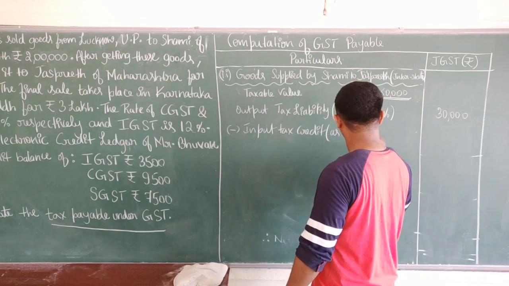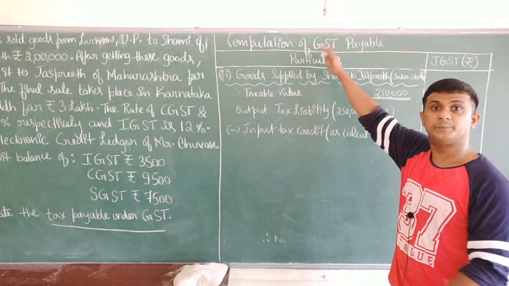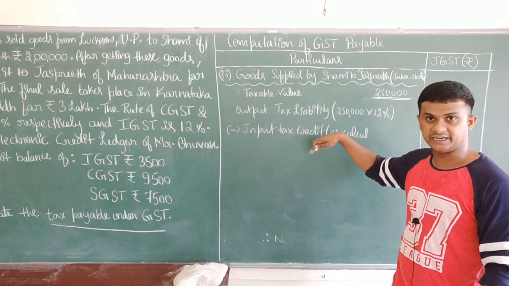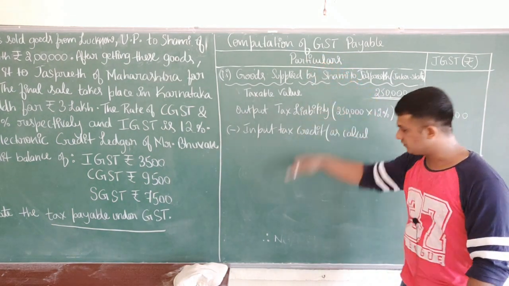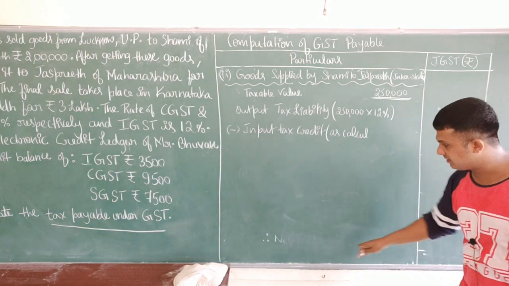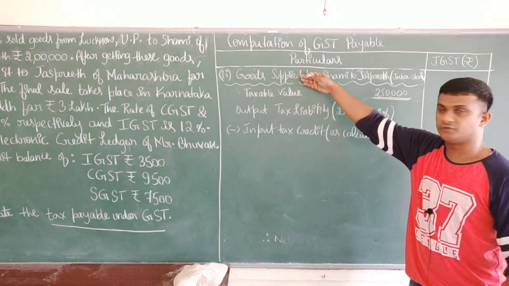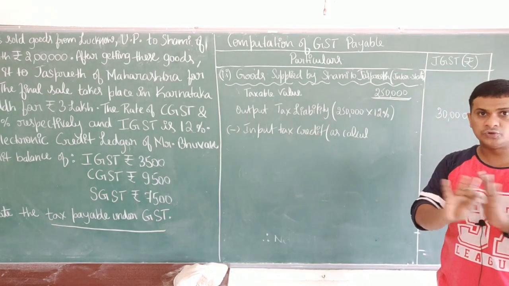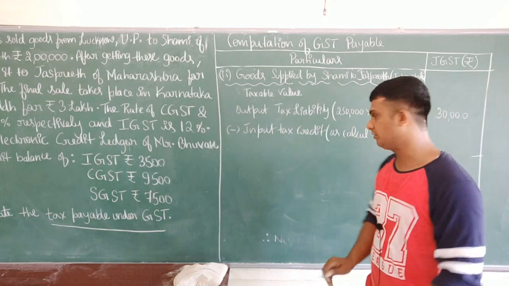Previously we have calculated, right? Again, this is a continuation. Don't make a separate table for the second transaction. Once the first part is over, we have calculated net GST payable. Draw a line and continue with this. Don't make a separate table. Don't waste your time during the examination.